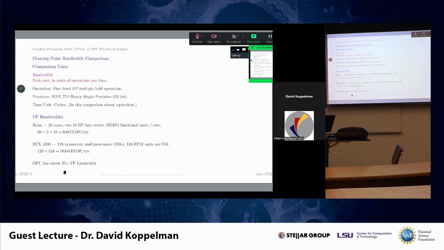That takes a lot of energy, a lot of space, a lot of engineering. GPUs lack all of that, and so there is more room for these floating point units. Okay? All right, now